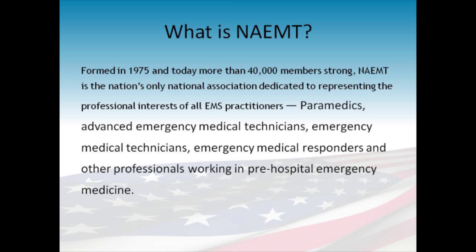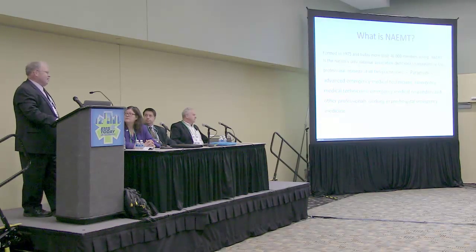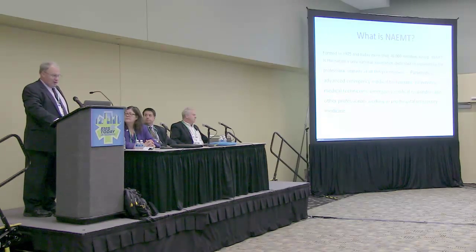So the NAEMT has 40,000 members, and we're supposed to look out for their interests and for the interests of the other, I don't know, 960,000 EMTs who don't pay their dues and don't belong to the association. So my interest in this is an ambulance that's functional and safe and incorporates all the great work